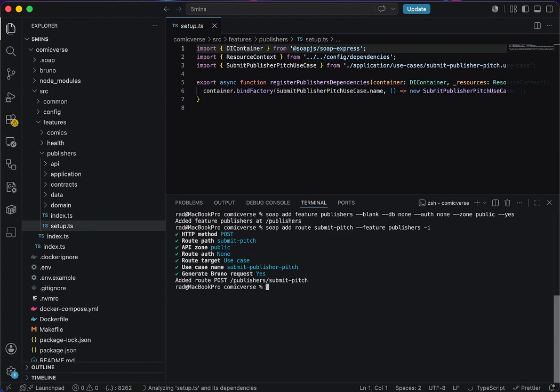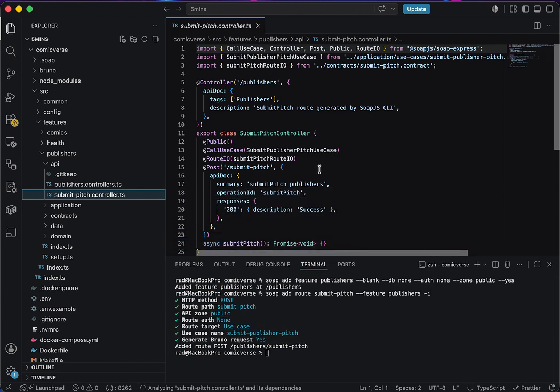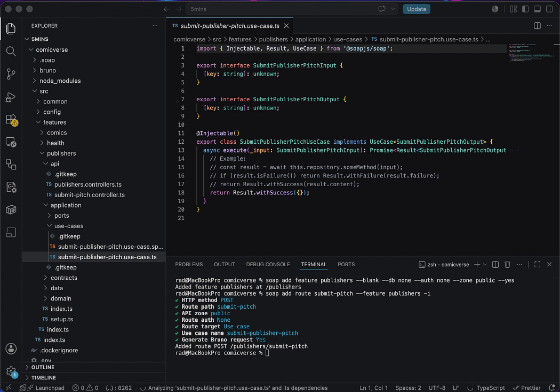Let's open the generated files. First, the submit pitch controller. It imports the submit publisher pitch use case. It uses the call use case decorator, and it maps route input through the generated route contract. Now let's open the submit publisher pitch use case. This is the generated use case stub. It is intentionally small. The CLI gives us a starting point, and we can replace the placeholder logic with real